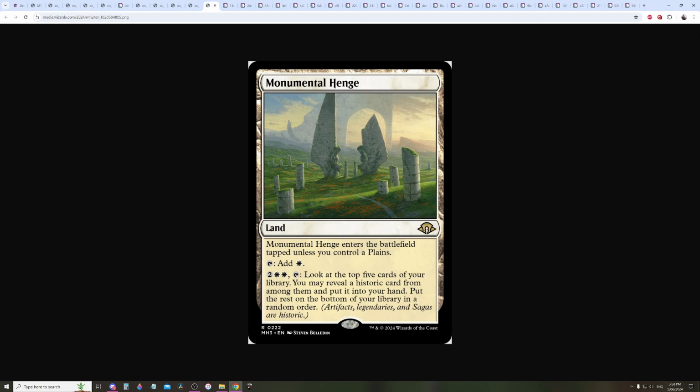We kept seeing cards in this cycle for the other colors, and I was really excited to see the white one. Because we run 8 to 10 basics a lot of the time, this felt like it'd be a pretty free inclusion. It comes untapped pretty often, but it will come in tapped sometimes. But as far as I'm concerned, 4 mana, 5 if you include the fact you have to tap the Henge itself, is a lot,